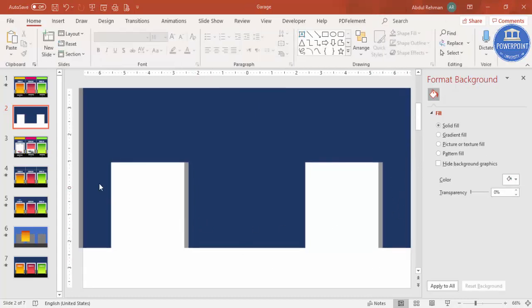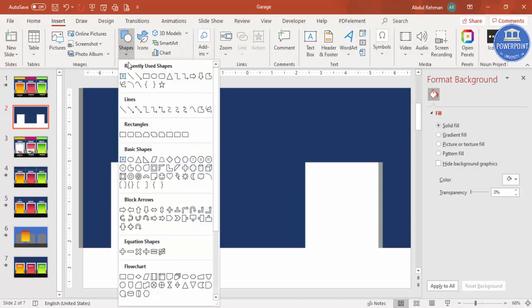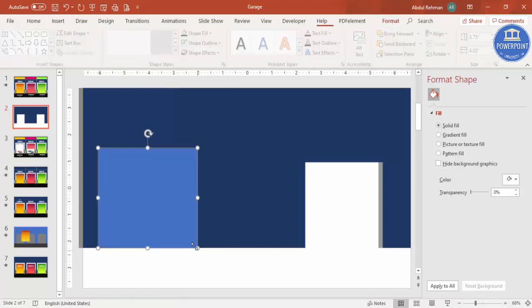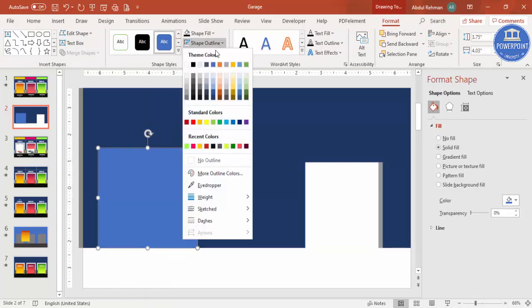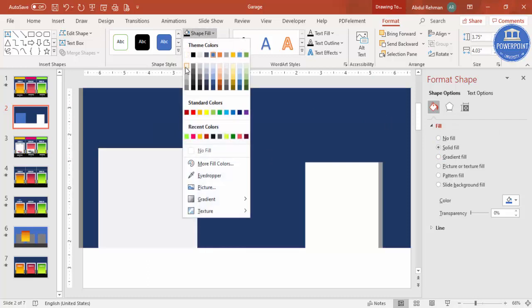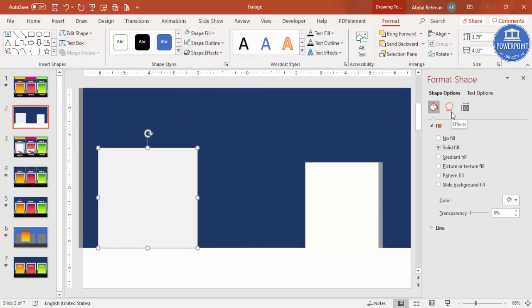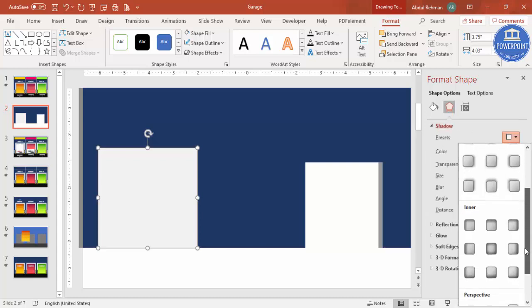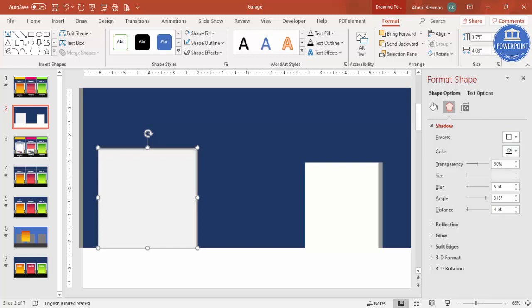The next step is to make 2 more rectangles and to give some inner depth there. For that, let me just go to insert shapes, select the rectangle, draw the rectangle. This much area is going out, doesn't matter. Shape outline, make it no outline. And you can give a light color, maybe white or gray. And then go to effects, shadows. I'm going to select maybe this one, which is the inside top right,